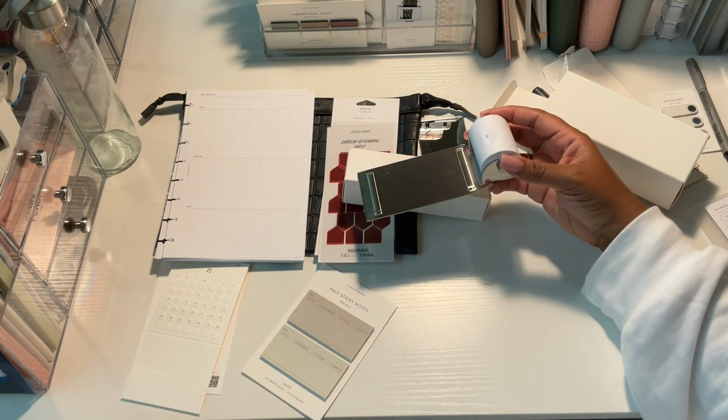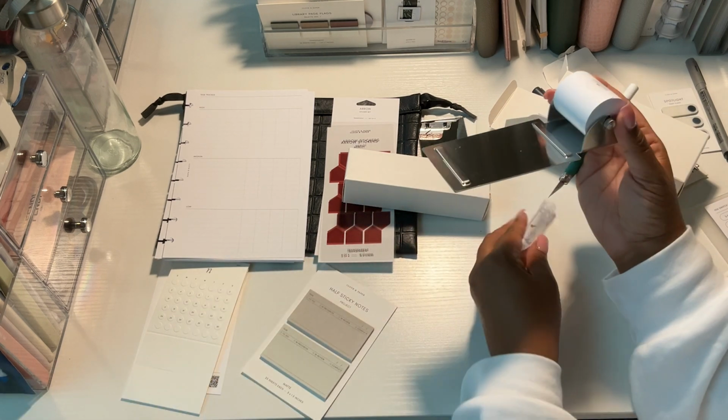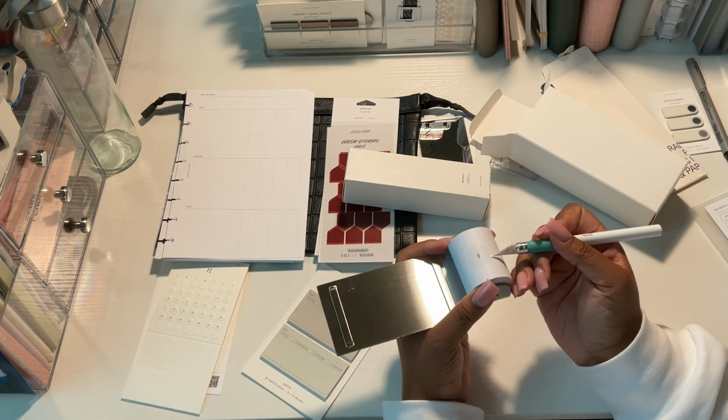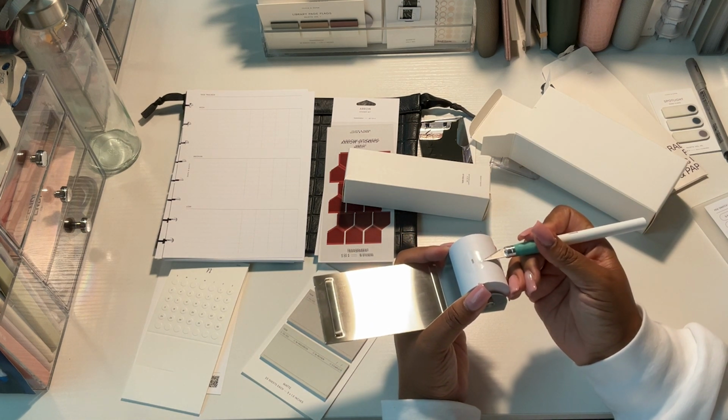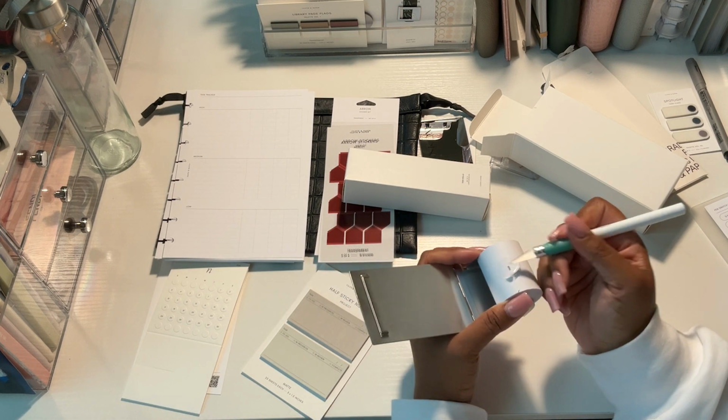Now, this little thing, I remember Ashley saying in her happy hour that this was a little much. I've had other friends already who've gotten their boxes who said this was a little much. I'm gonna go ahead and just enjoy the bounty of this